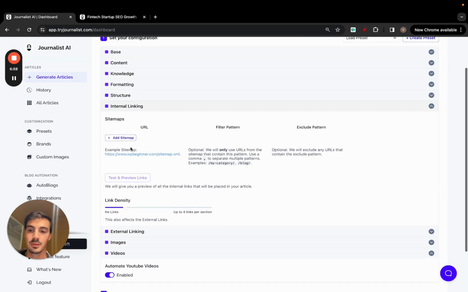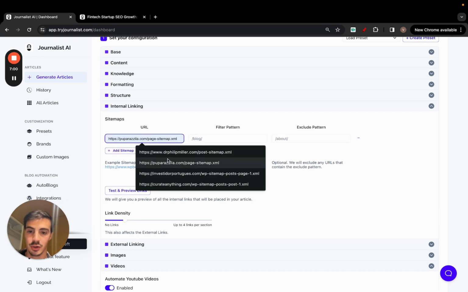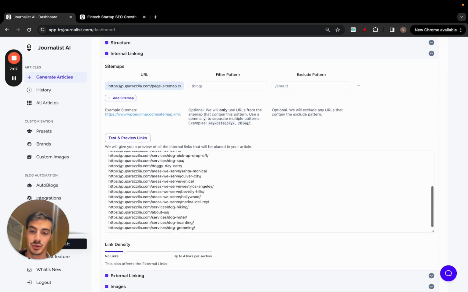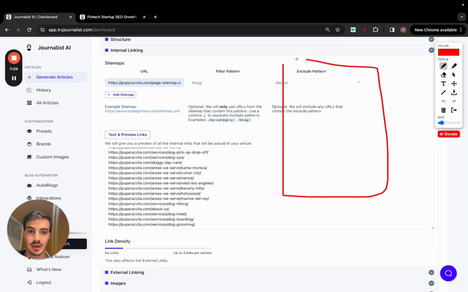Internal linking. These are the links. I'm going to add my sitemap right here to show you. Test and preview. These are links that will link out to internal pages on your site. So again, if we write an article about dogs or dog grooming or dog spa or dog daycare,